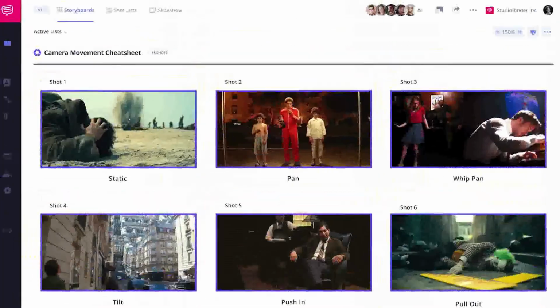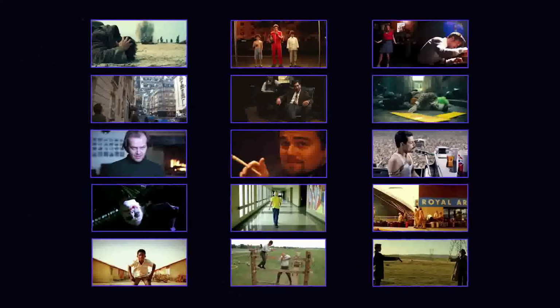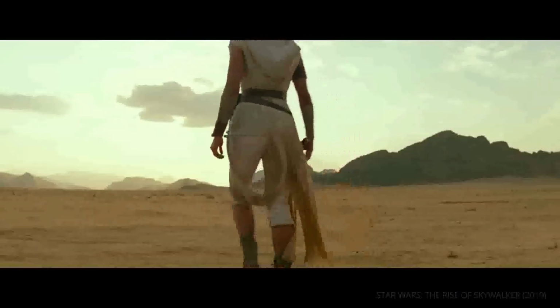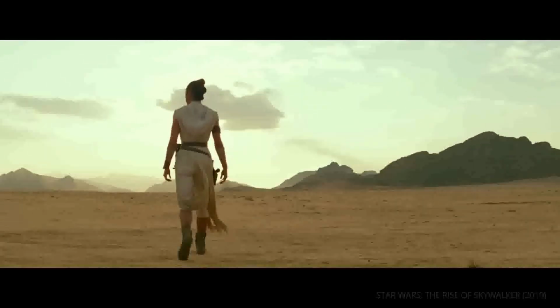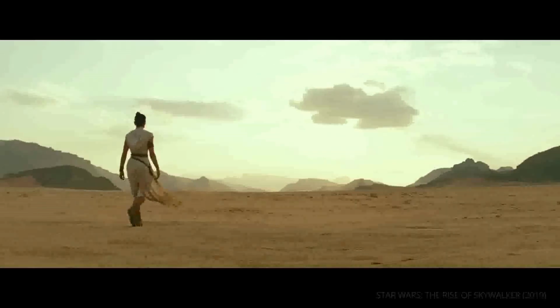Now that we've covered all of the camera movements that filmmakers have at their disposal, let's take a look at how multiple camera movements can be combined in a single scene. In this scene from Star Wars: The Rise of Skywalker, director J.J. Abrams uses a variety